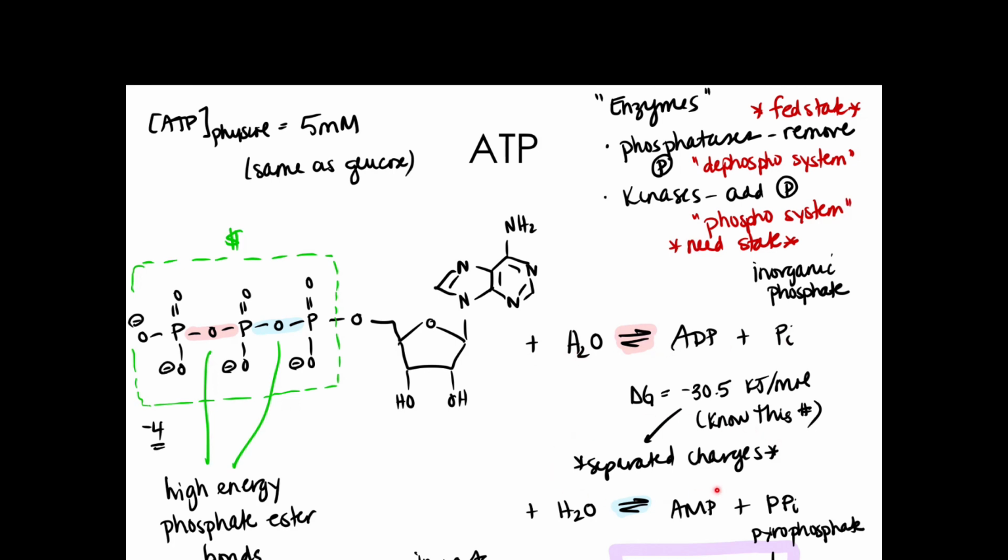And know too that the reason that ATP is worth this much is because when we cleave either of these phosphate ester bonds, what we're doing is separating charges. Remember, there's a -4 charge on ATP, and so when we cleave either of these bonds, we're actually separating the charges there. We talked about pyrophosphate here and the fact that you've got lots of pyrophosphatase floating around in your